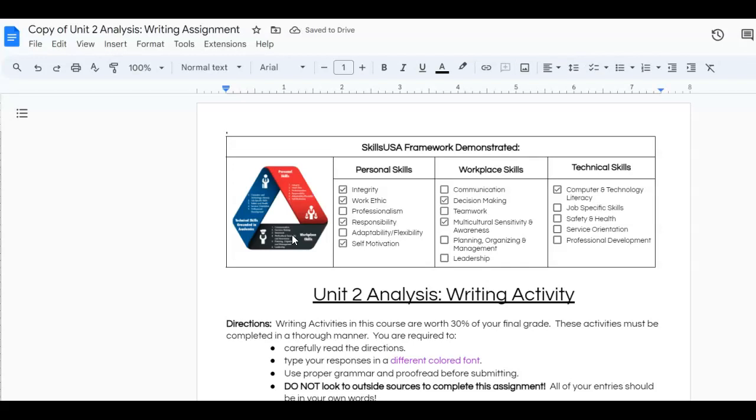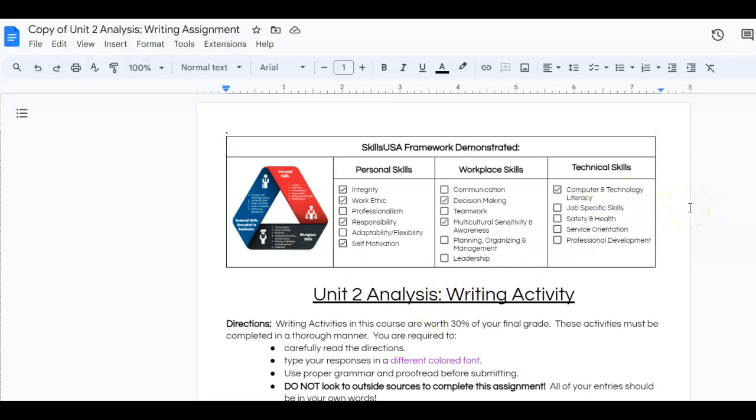And remember, you must complete this in Google Drive, and you need to do that for your own protection because Google Drive calculates and records your steps inside of completing a document. So if something were to happen, I would be able to go back and look at when you completed the assignment, and I would be able to award you credit if something were to go crazy with the technology and submission and all of that kind of stuff. So just keep that in mind.